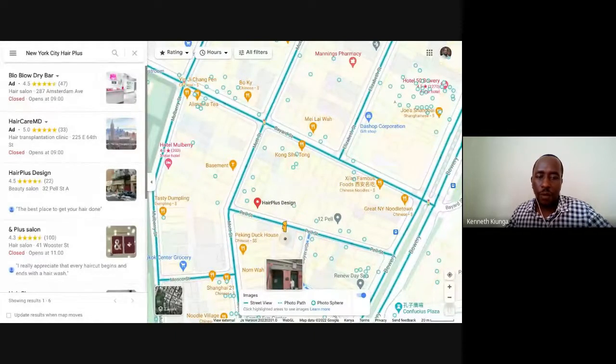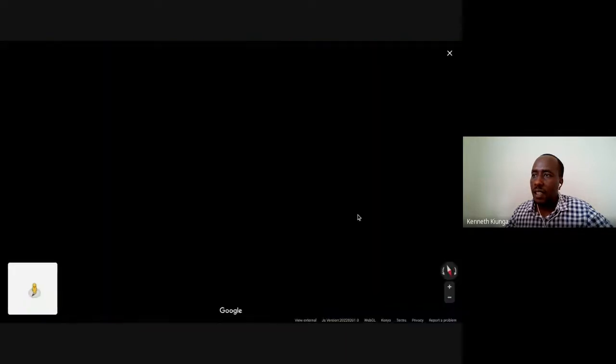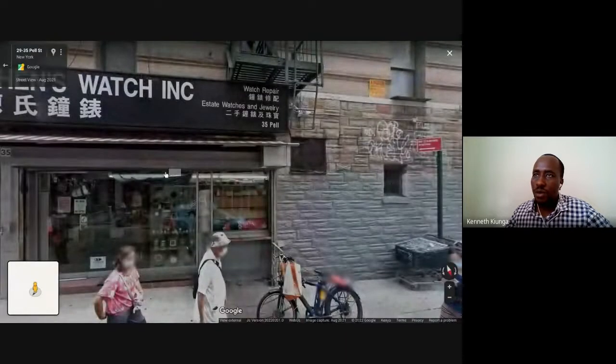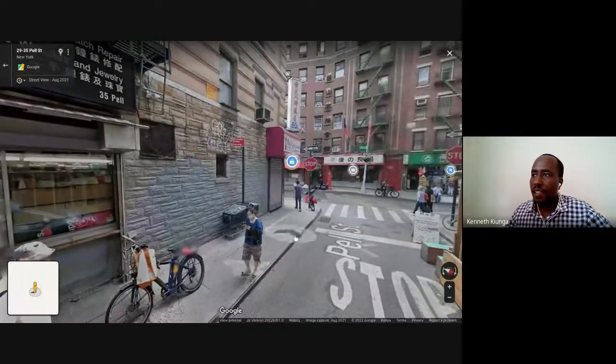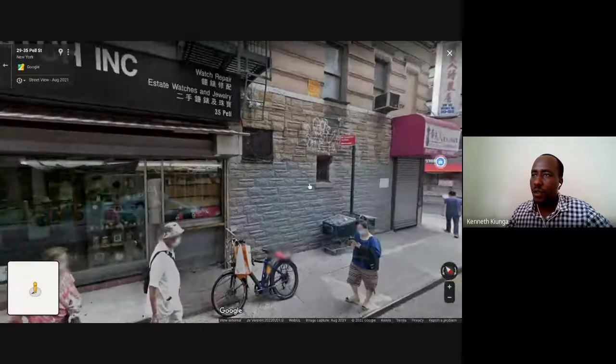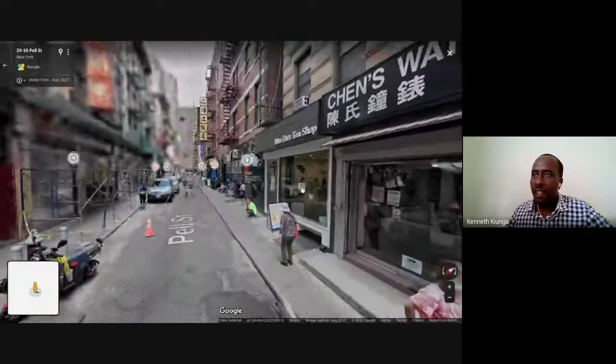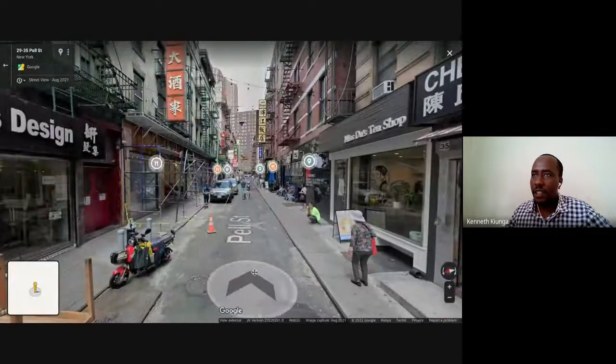If you open Google Maps, you'll see a yellow man on the bottom right hand, and you can just pick and drop. You do that, it changes the view, and you can see the actual street as it is. So you can compare and see. So this is Pearl Street. You can move around here and see if it's the same